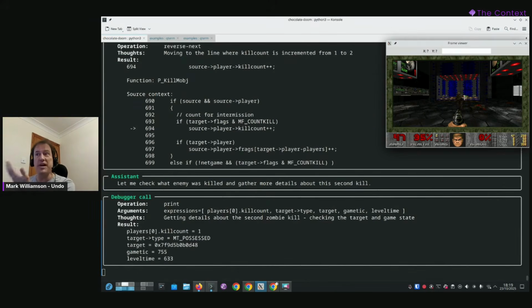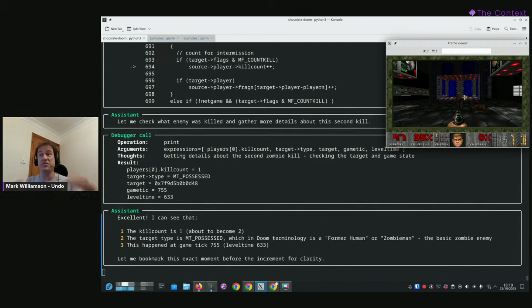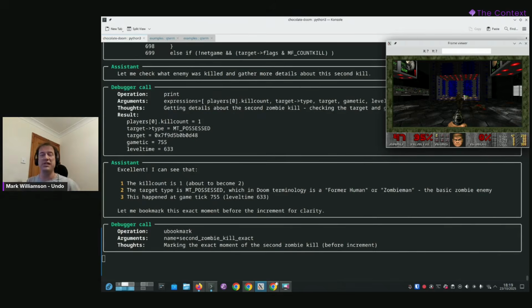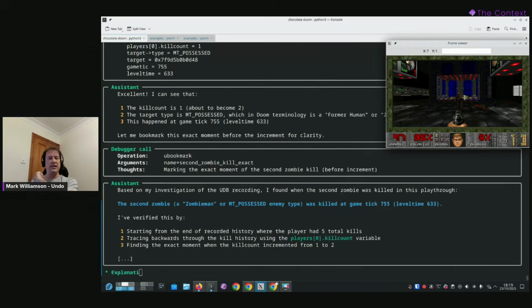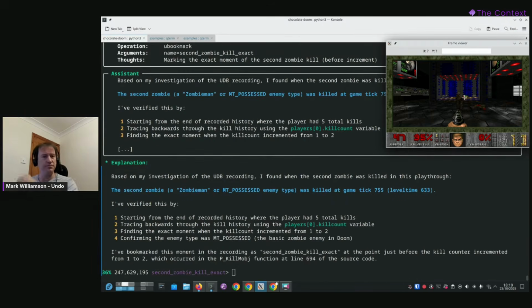And what Claude does now in the background is gather some supporting information for me. So it's quite helpful, actually. It doesn't just answer my literal question. It goes and finds supporting details, typically information about where in the level this happened, what wall clock time this would be in terms of game ticks. And then it retrieves a complete summary that it's synthesized in its brain and summarizes for me.